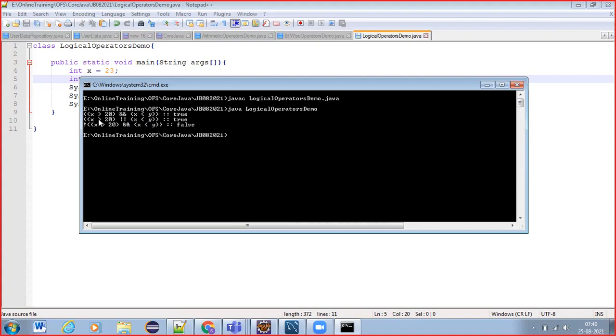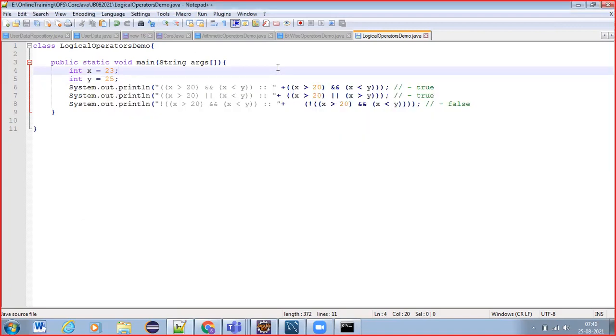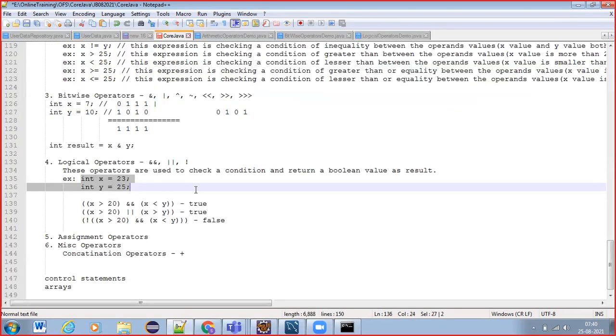Why? Because X is greater than 20 is true, right? True or false is true only because we are using the logical OR operator. So in this way, we can deal with logical operators, which take two Boolean values as operands on both sides and return a Boolean result. Clear, guys? What are logical operators?